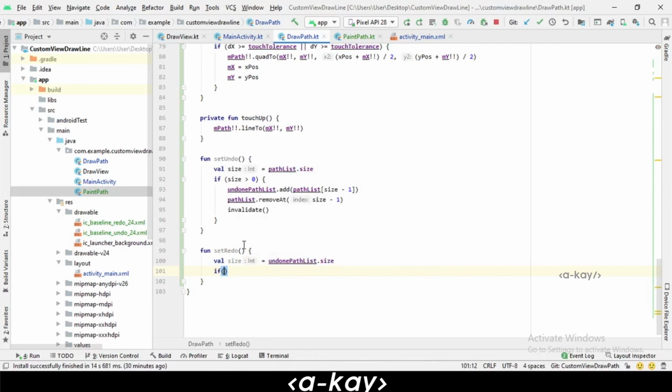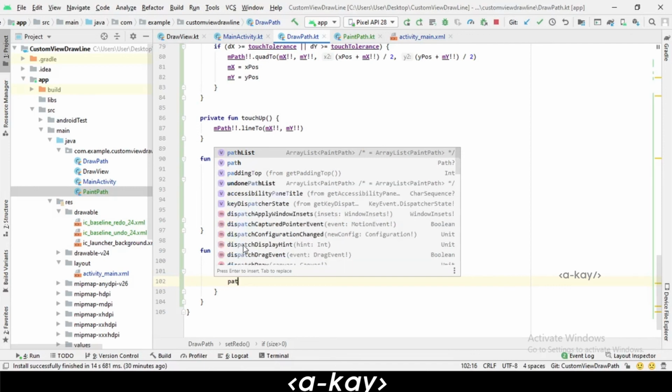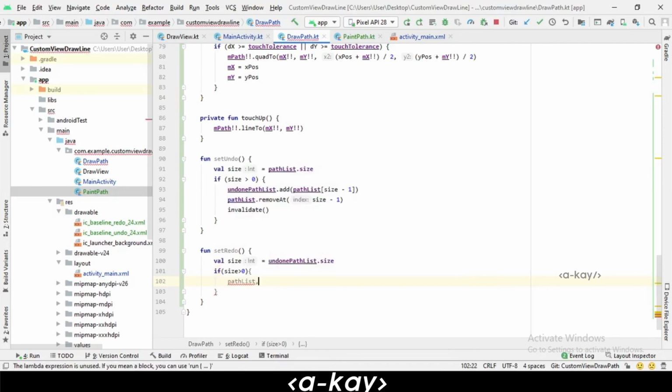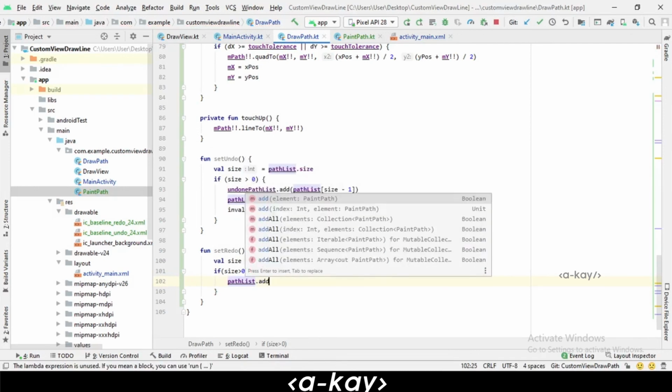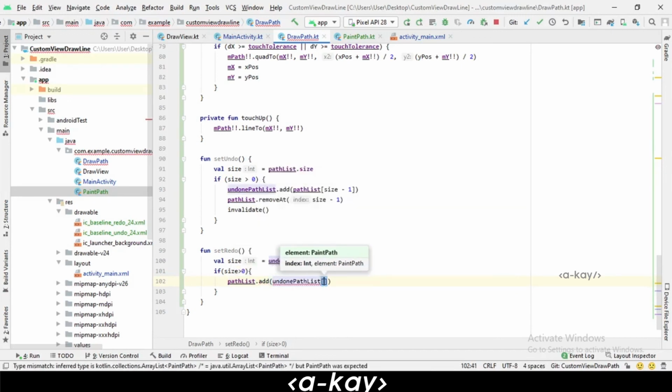Here also we want to check if size is greater than 0, means we have to go in undo, add path dot add undone path list size minus 1.